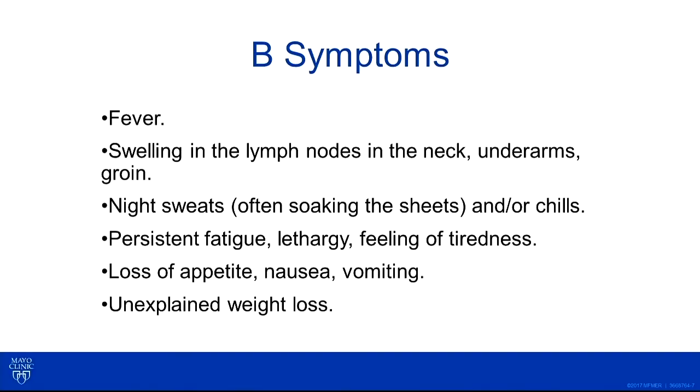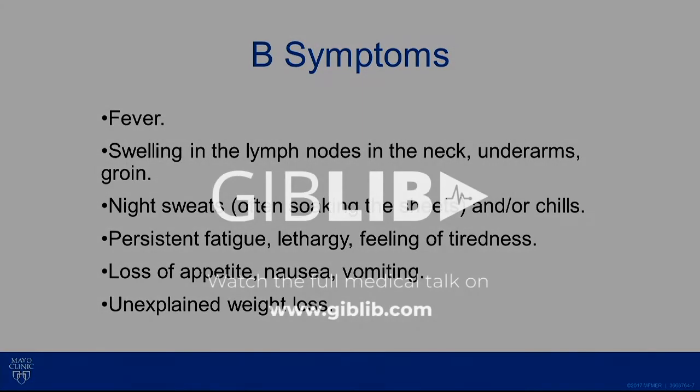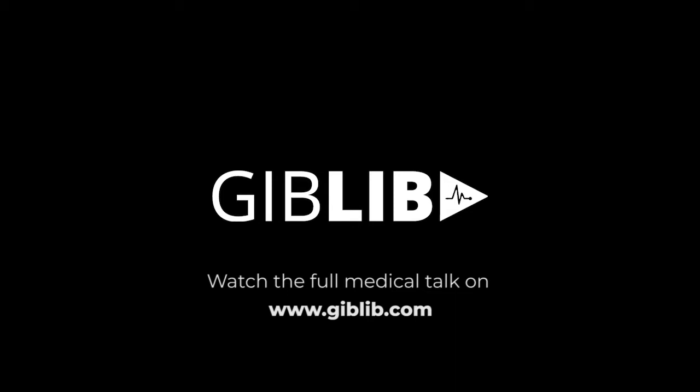So what are B symptoms when we talk about this? We look at low-grade fevers. They're having them at a frequent rate. Palpable lymph nodes, night sweats. This is not, I am hormonal and I'm a little wet around my